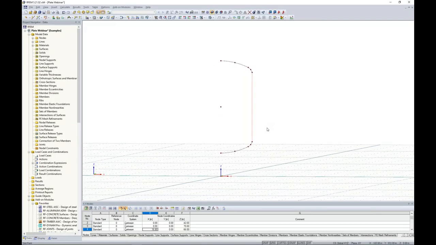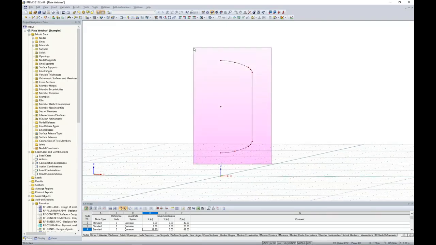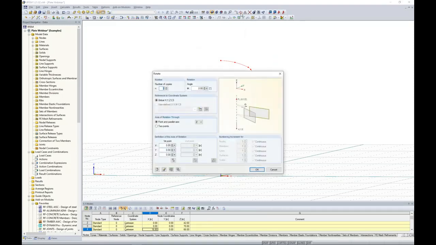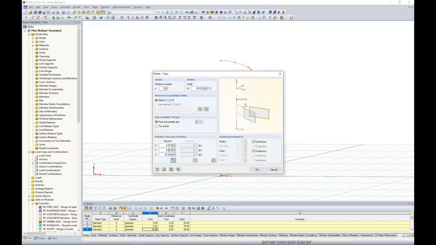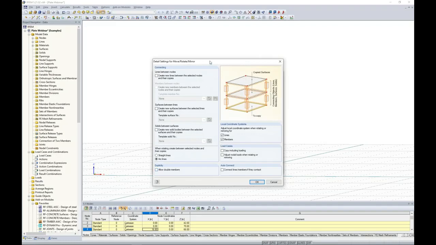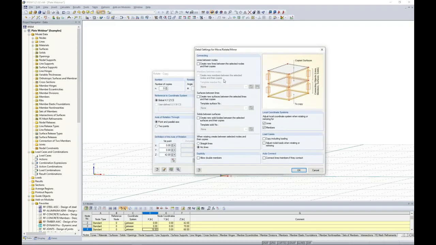Okay, so with all of these line and node elements, I'm going to highlight them together, and we're going to use our rotate copy tool. With the rotate copy tool, I want to make 3 copies at 120 degrees. I'm going to rotate about this center point here, 0042. But in addition to this, if I expand my detail settings here, this little magnifying glass, I then have the